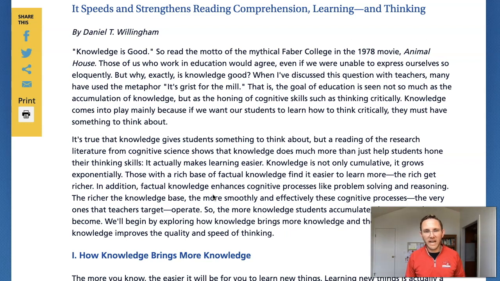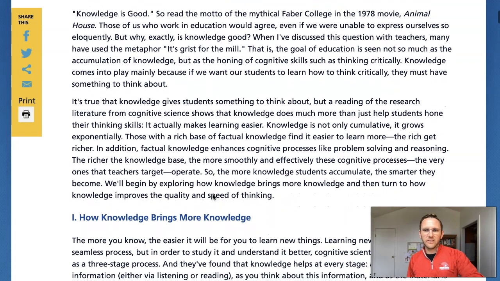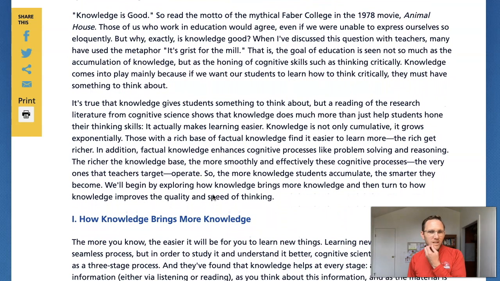In addition, factual knowledge enhances cognitive processes like problem solving and reasoning. The richer the knowledge base, the more smoothly and effectively these cognitive processes, the very ones that teachers target, operate. So, the more knowledge students accumulate, the smarter they become. We'll begin by exploring how knowledge brings more knowledge, and then turn to how knowledge improves the quality and speed